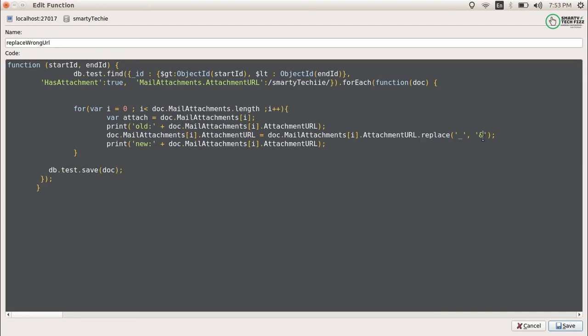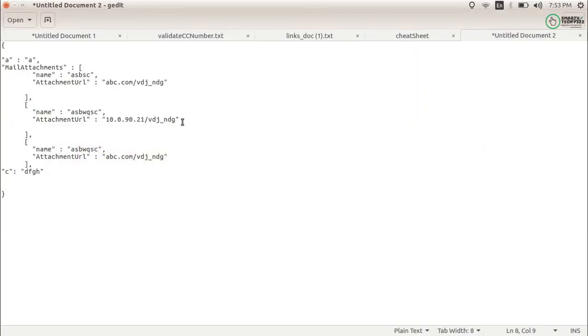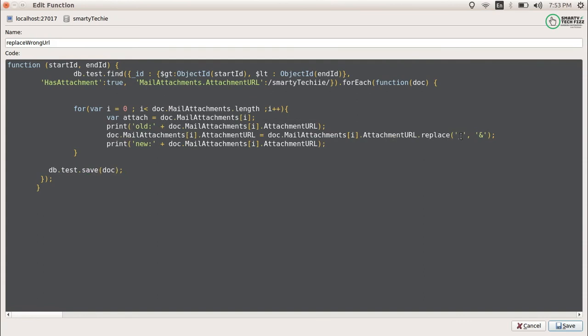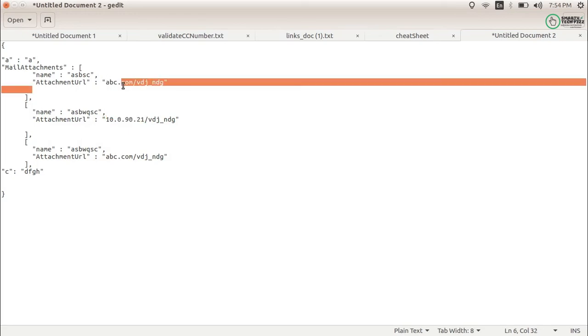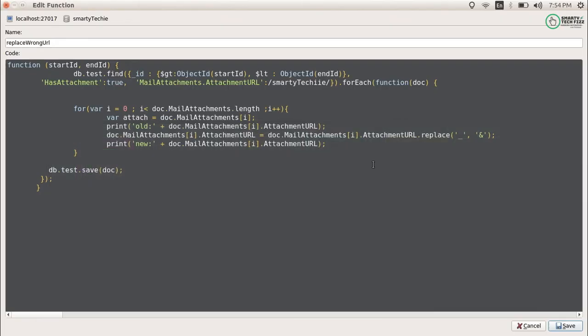I just need to show you the demo, so I have removed my personal information and created it like this. So I just want to replace this value with the other value. In that case I need to replace this value with this value. Okay, so you can do the same.